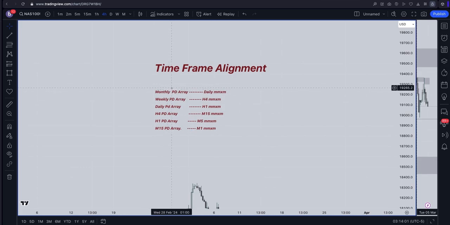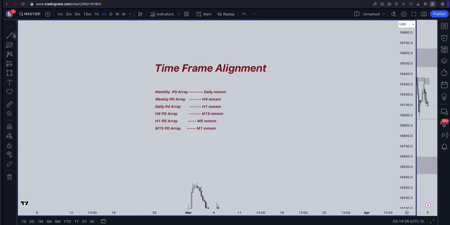If you want to take a trade off them, you have to get your confirmation from daily. Same thing goes with weekly. For weekly, get your confirmations on 4 hour. For daily, 1 hour. So these are time frames that you can align. I will show you examples, because when I show you my example, then you get to understand more. So you have to align these two time frames.